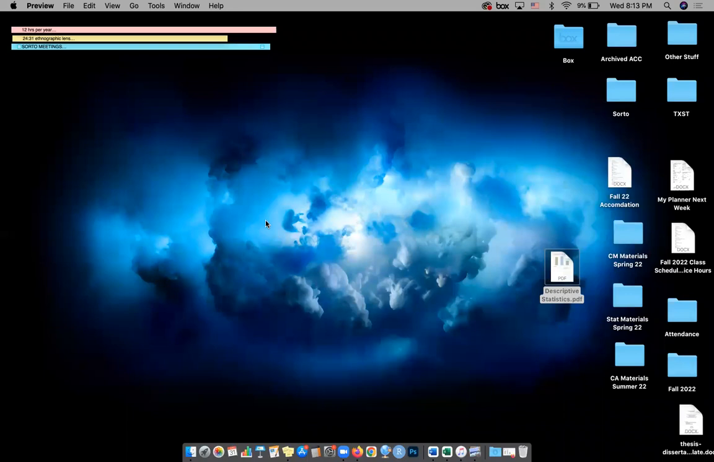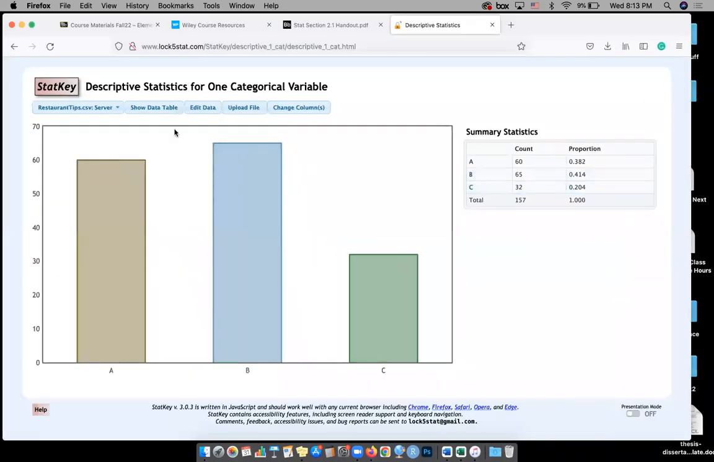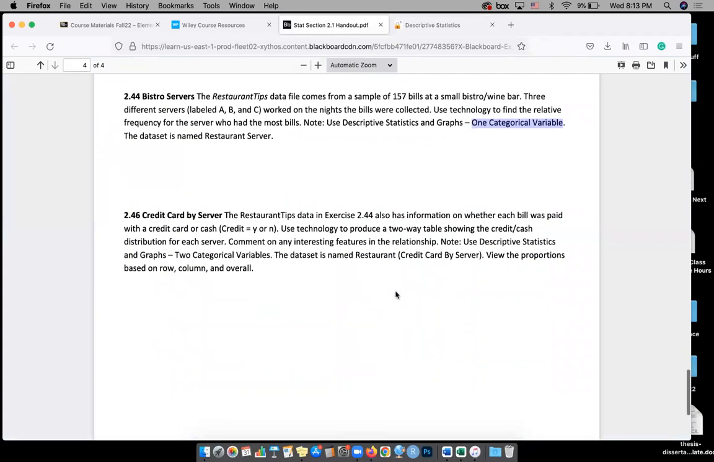Okay, let me do one more. Okay, so I'm going back to the lecture handout to show you that sometimes they might ask you to put 2 variables together. In this case, we're still doing restaurant tips, and they want us to compare, once again, the servers, but now whether, when customers paid them, they used credit card or cash. So that's your categorical variable. And then your 3 servers is your other category, server A, B, and C. What we want to do is make a 2-way table,